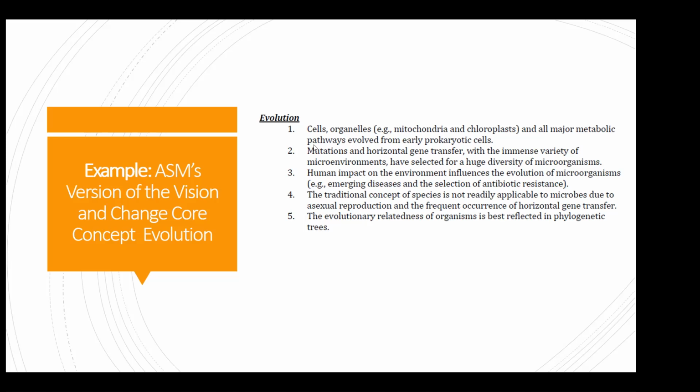And so they wrote several fundamental statements, 27 in fact. This is just the first 5, looking at how evolution and microbiology are fitting together. So the fact that mitochondria and chloroplasts are really stealth prokaryotes, how mutations and gene transfer lead to a diversity of microorganisms because of both this genetic diversity as well as microenvironment diversity, and so